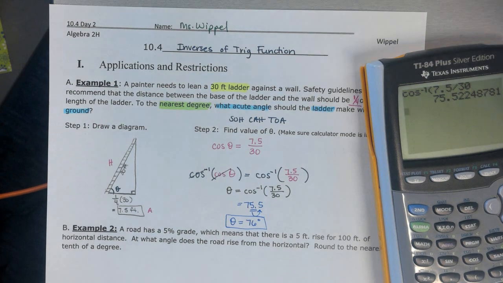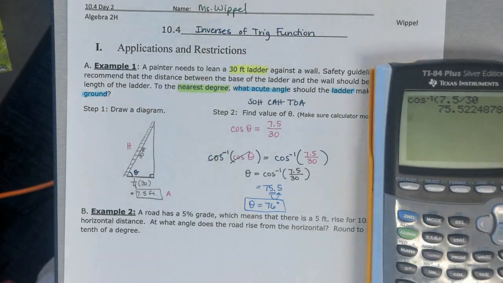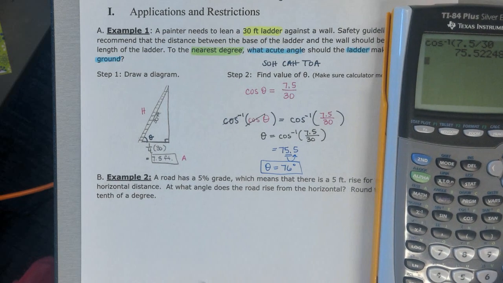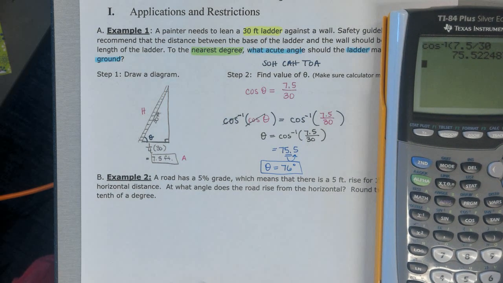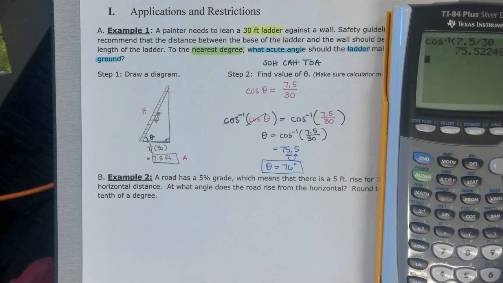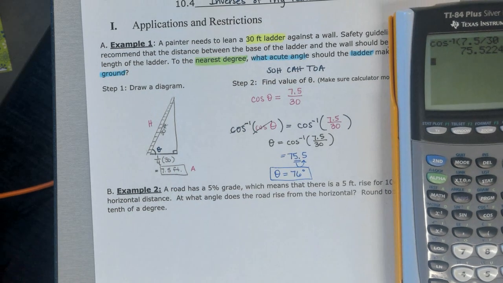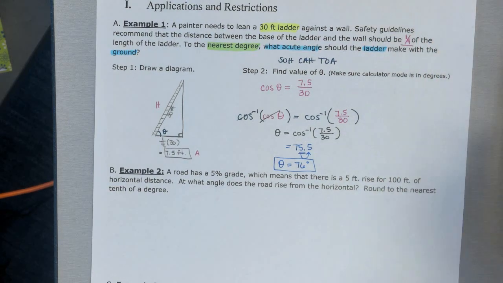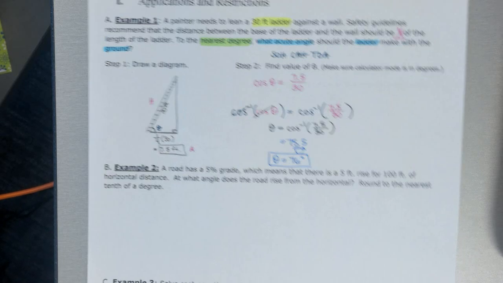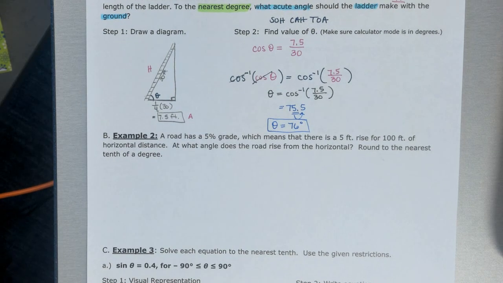Okay, questions for me on example 1? Does this seem a little familiar from things that you've done last year? Finding the angle measure with the triangle? Okay, so example 2 is going to be very similar where we're going to draw a model, okay, and we're